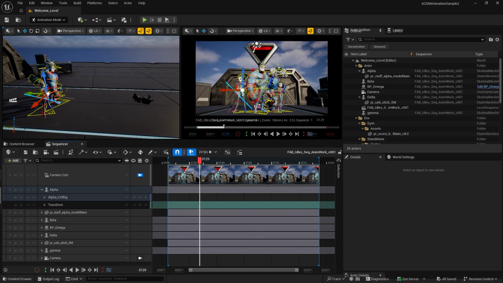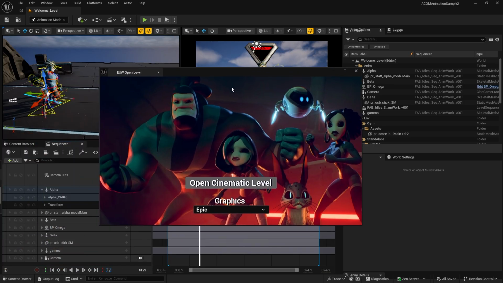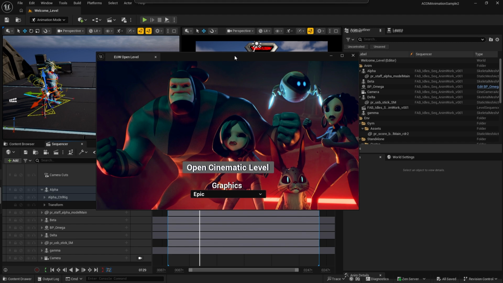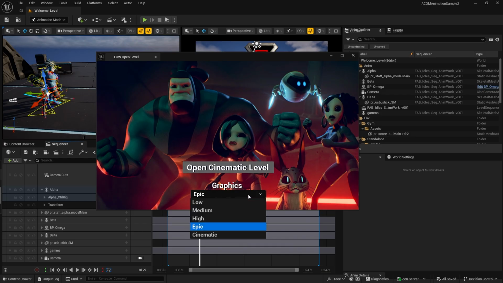In addition to that, you also have the open level widget. This is a cinematic level, which we have seen earlier, but I would not suggest you open it with the Epic graphics. Instead, you might start with low, and see if your system is capable of playing it in real time or quasi real time, because this animation is not made for real-time viewing.